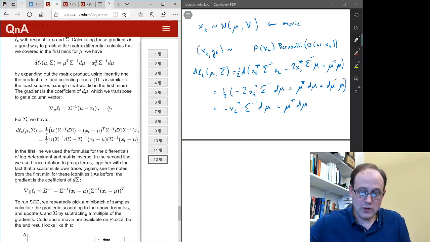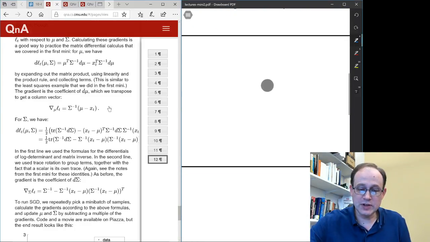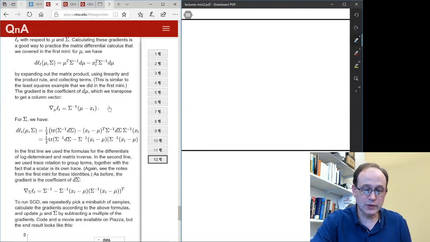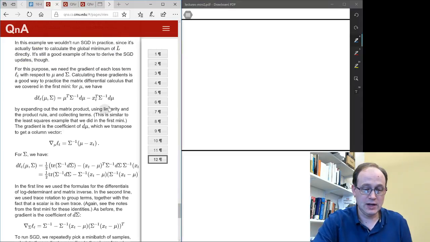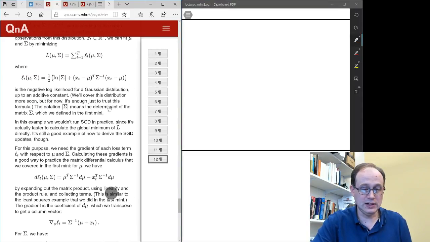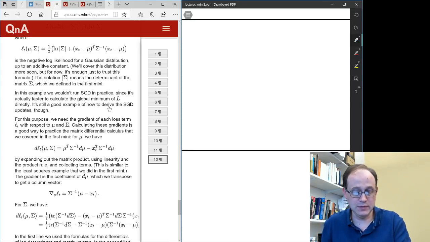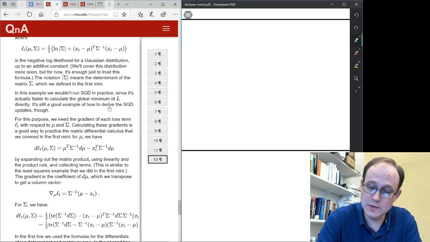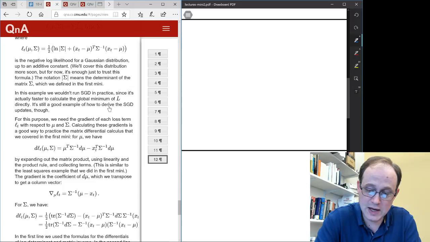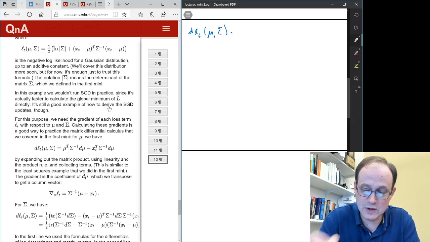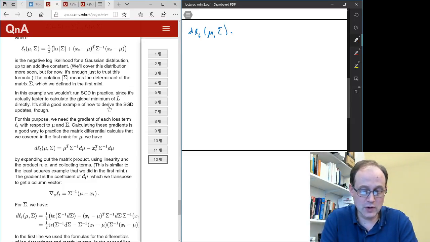All right, so same thing, we can do the same thing for the derivative with respect to sigma. This one is a little bit more complicated, but we can still do it. With respect to sigma, we have dLt of mu sigma is equal to, right? And so